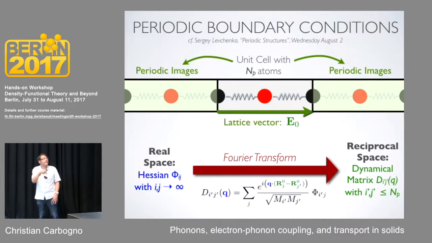Now, if you look at it, this is the exact same problem that you've treated in electronic structure theory. So instead of looking at a Hamiltonian that is of infinite size, this Fourier transform maps this to a finite Hamiltonian, or finite matrix, that you then have to solve for an infinite amount of q points. The nice thing is that it's often sufficient to just use a finite amount of q points, and the rest you can interpolate. And that is why this is a strategy that is numerically successful.